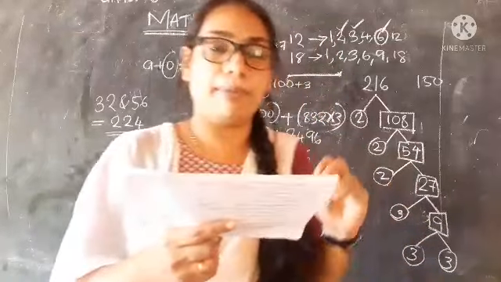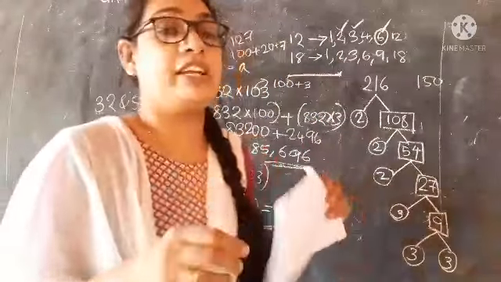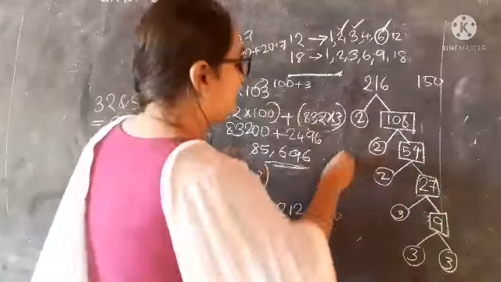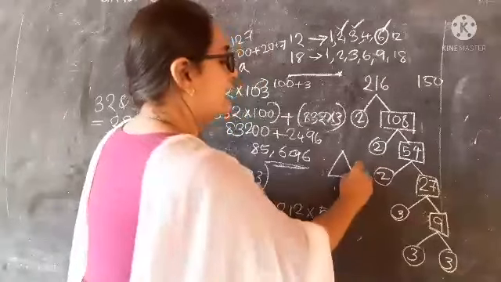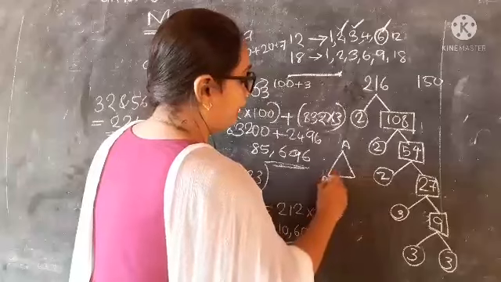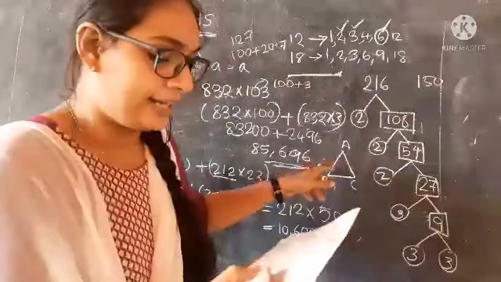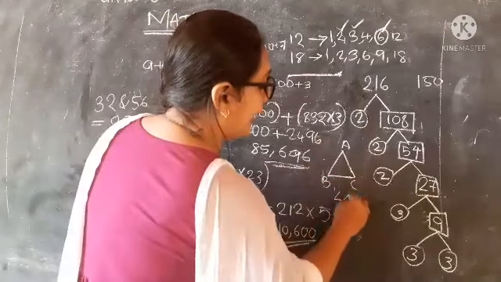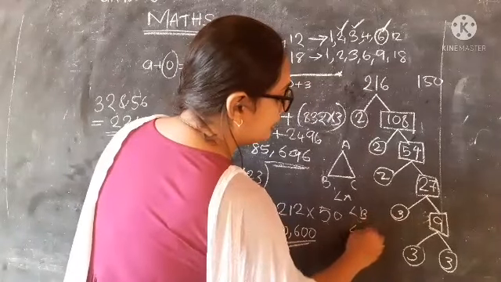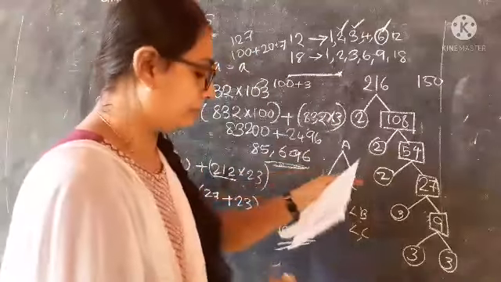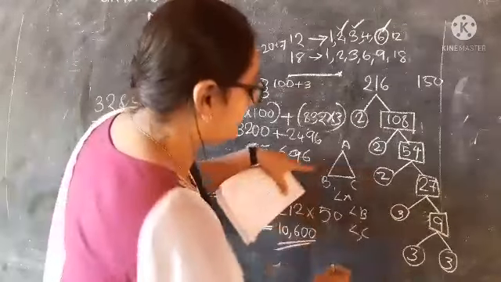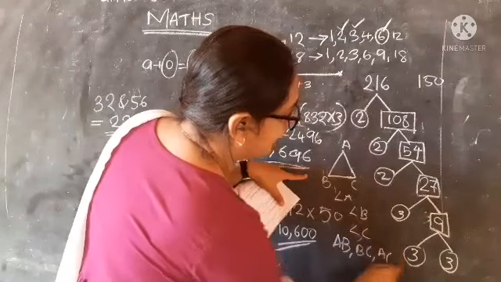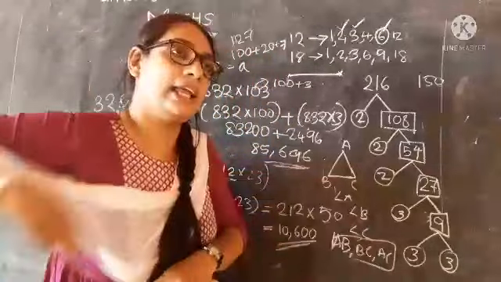Draw a triangle ABC. It's a really very easy question. All of you can write that question. No need of any discussion. Draw a triangle ABC. This is the triangle ABC. Name its three angles. What are the angles? Angle A, angle B, and angle C. And mark its three sides. Which are the three sides? The three sides are AB, BC, and AC. These are the three sides of this triangle ABC.